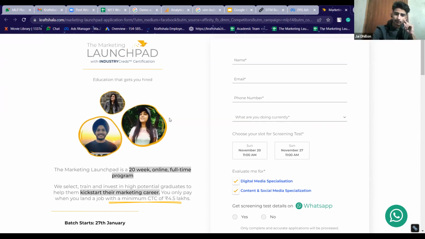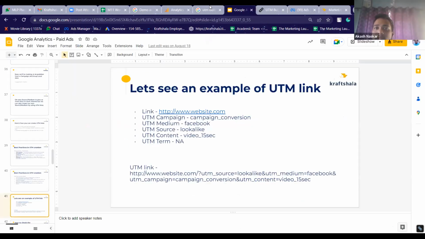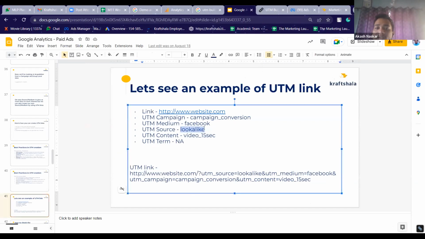Sir, can we also add the ad set? Ad set is basically the audience. What's the difference between audience and ad set? Where you're mentioning lookalike, if lookalike is your ad set, you'll have an ad set for lookalike, or an ad set for, let's say, your core audience, or an ad set for lookalike plus custom audience. So it's the same thing. Audience and ad set are basically the same thing. You can use them interchangeably.